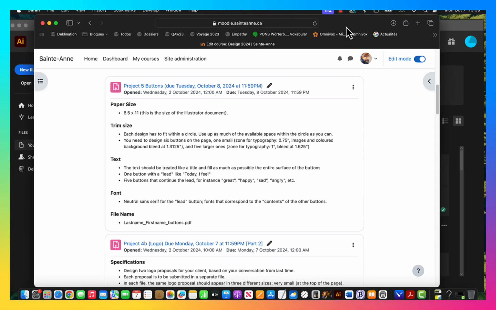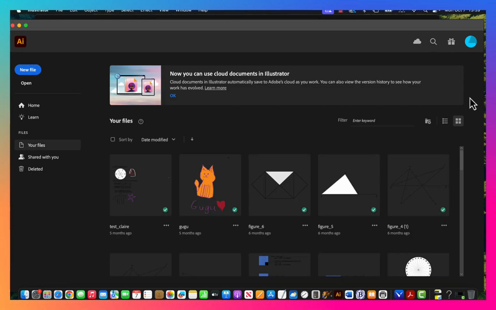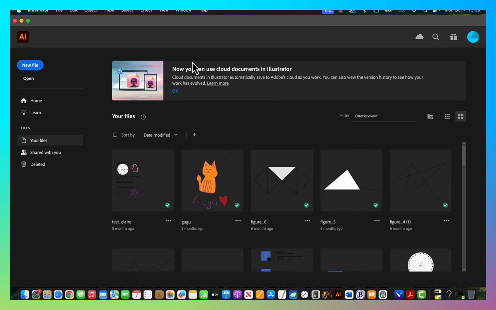Alright, so I'm going to do the buttons project, or at least I'm going to get started with the buttons project. The first item on the agenda is to open up an Illustrator document, and in the paper size section here it says that the size of my Illustrator document should be the standard letter size, so 8.5 inches by 11 inches. So I'm going to go to Illustrator right now, and this is sort of the welcome page in